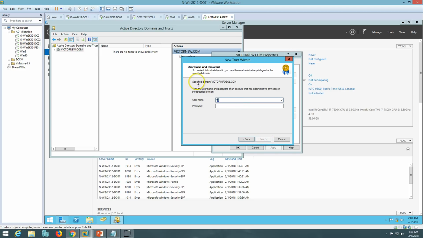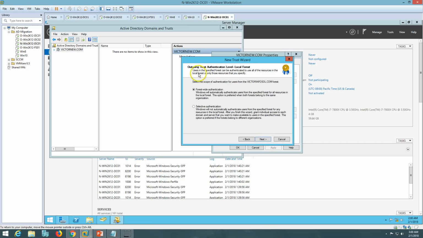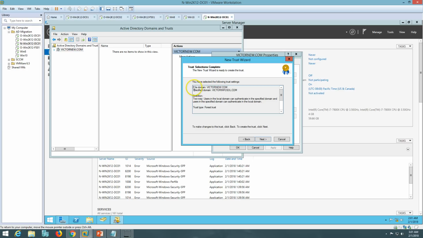Click next, and now we need to put the credential for victorinfosol.com. So I'm going to put the credential here, and I'm going to type here the administrator credential for victorinfosol.com. Click next, and now you can see we have passed, and outgoing trust authentication level is forest-wide. So for outgoing, forest-wide, click next, and we are good to go. Here you can see this domain and the specified domain. We have both domains, and it's a trust type forest trust, and we have a direction two-way, transitive yes, outgoing and incoming. Click next,